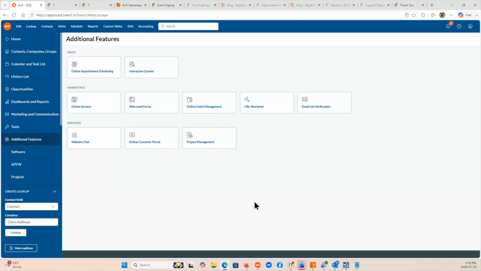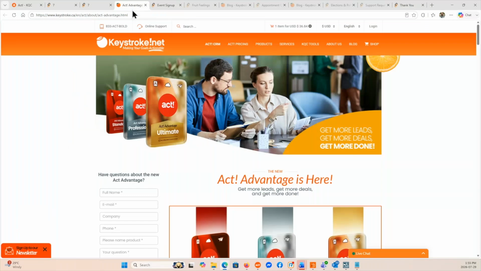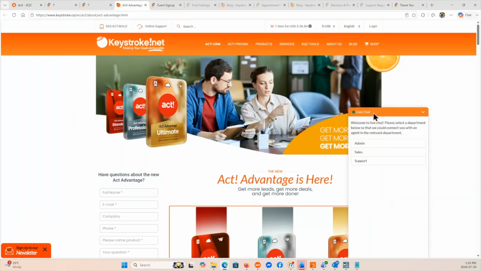Okay, there's a couple of features we didn't cover today. Project management is only available in the second and third tiers, so we didn't cover that. Online portal is only available free with the top tier of Ultimate, but website chat is where, if you go to my website here, you see here, you've got the ability to distribute chat requests across all the different